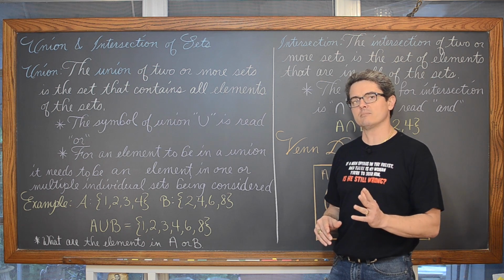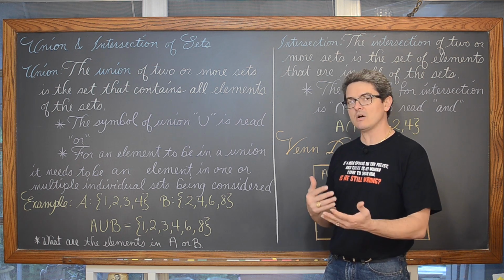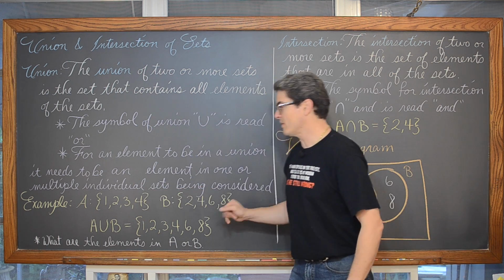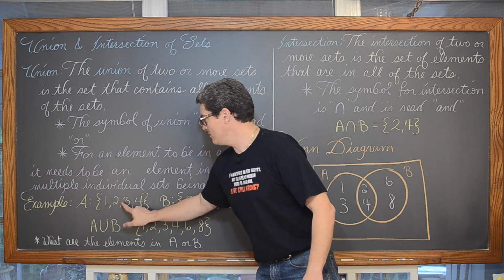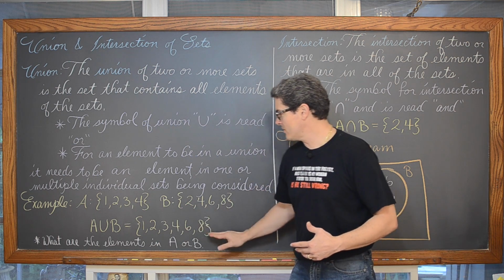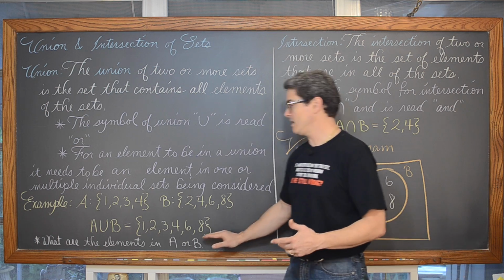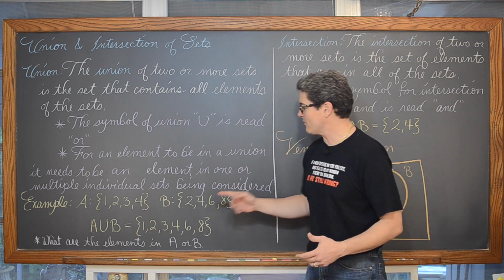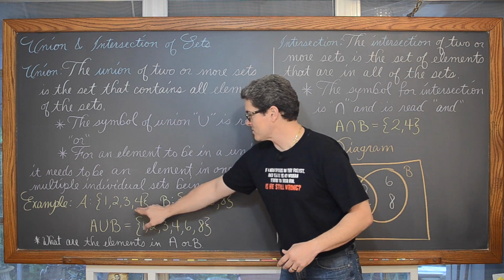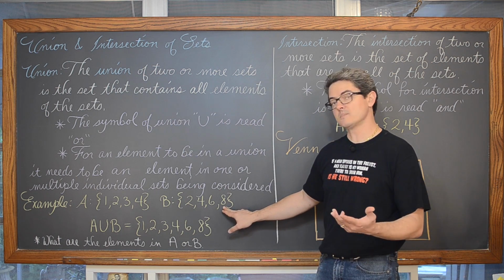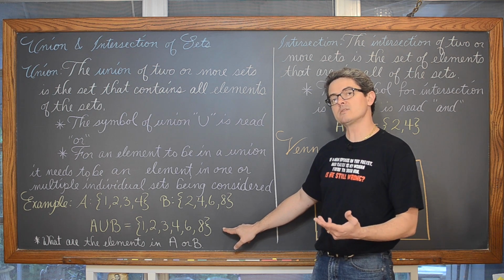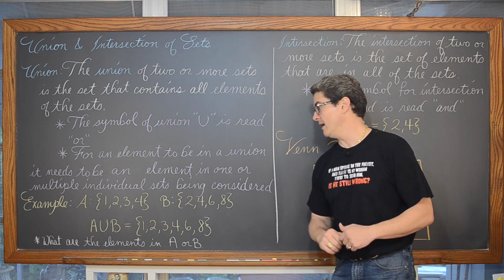Now don't repeat the numbers. That's going to be incorrect. Just list off all the values, all the elements that are in one or both of these sets. So we have 1, 2, 3, 4, so they're listed right here. Now we have 2 again, but you'll notice when I wrote this set representing the union of A and B, I do not repeat that value of 2. I've already written it. Then we have 4, that was already in there as well, and then finally 6 and 8. So A or B is the set which contains the elements of 1, 2, 3, 4, 6, and 8.